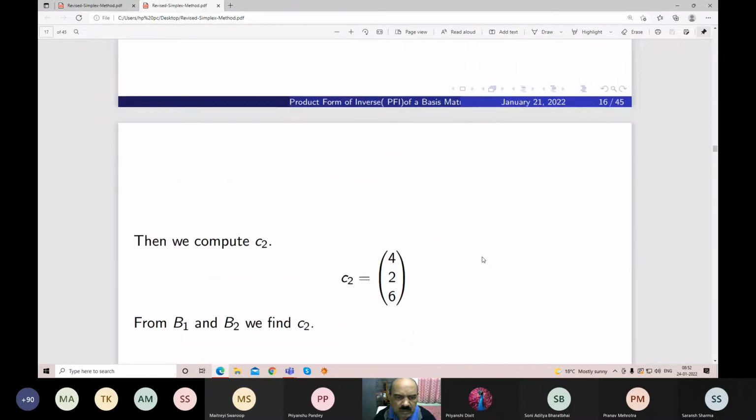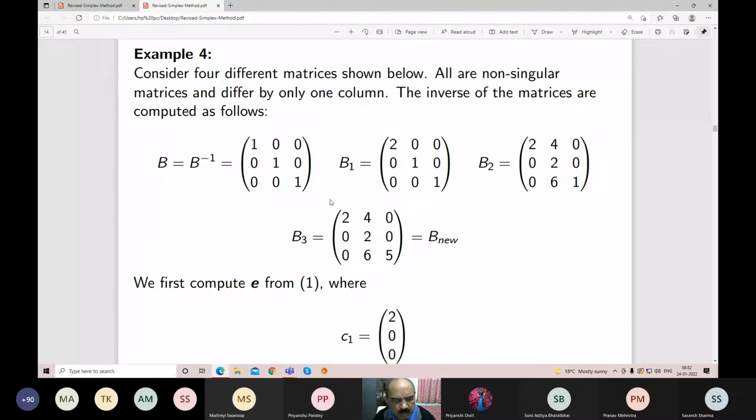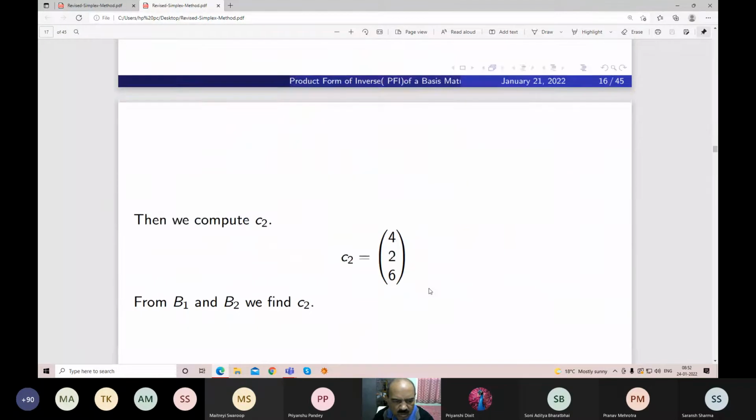So in this example, what we have got is B1 and B1 inverse, B2 and B2 inverse. Finally, we are interested in B3 inverse. B3 is known. Now compare B3 and B2. What is different here? Which column is different? The third column. Since the third column is different, in the last attempt we are going to compute